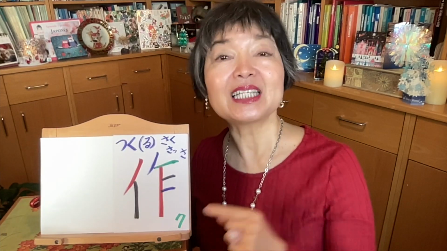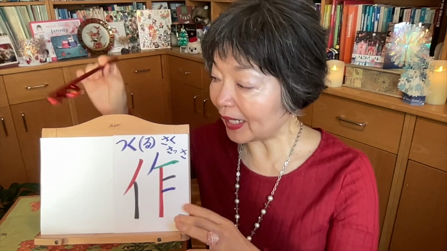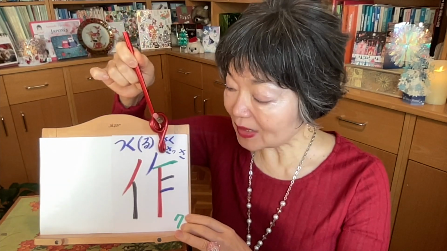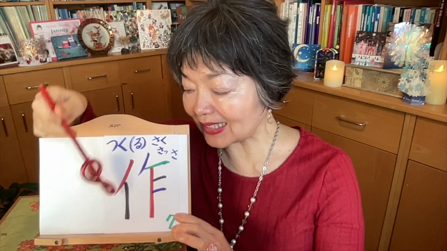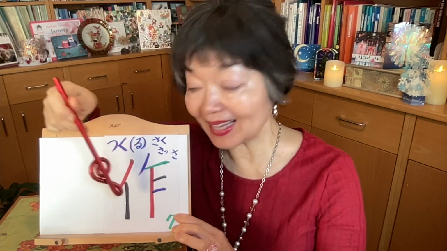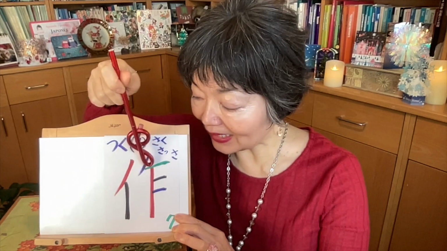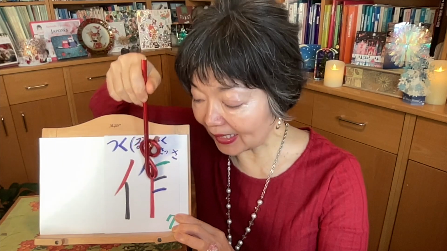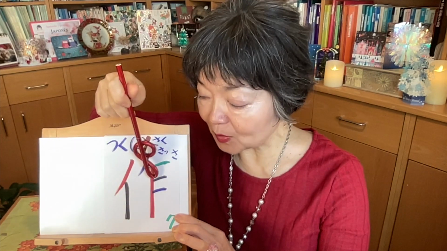This kanji's meaning is to make, and we pronounce つく from 作る 作ります, and さ. The stroke order, after にんべん then this blue one like this. But this is shorter than this red one. And now this green one going a little bit up. And now from here the red line straight down. And now this black line, and the same way this blue one like this. The verb to make 作ります